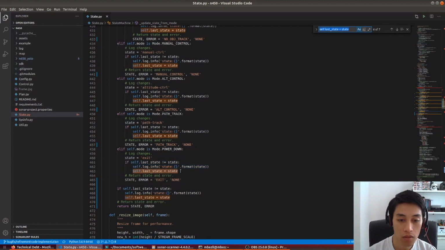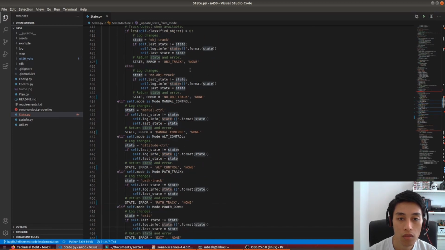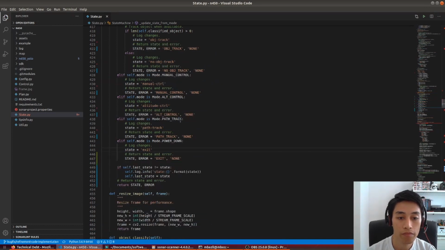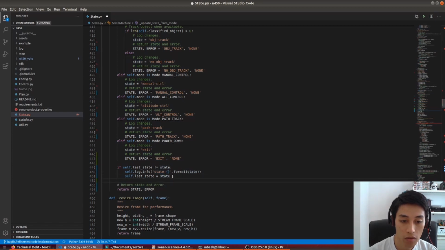Last state equal to last state. Let's click here, 1, 2. State error. Okay, log the changes. Yep. So from here, I reduce the duplication of my code